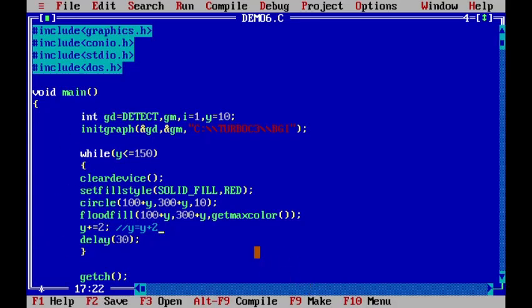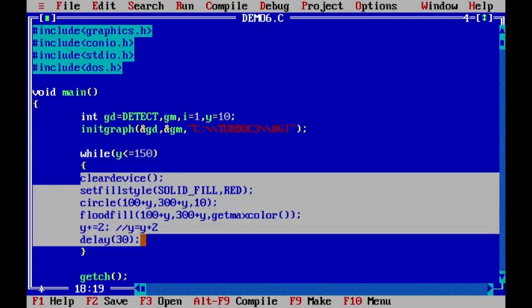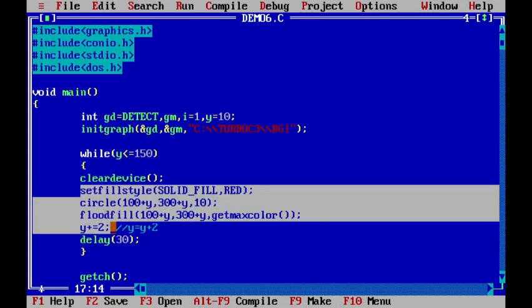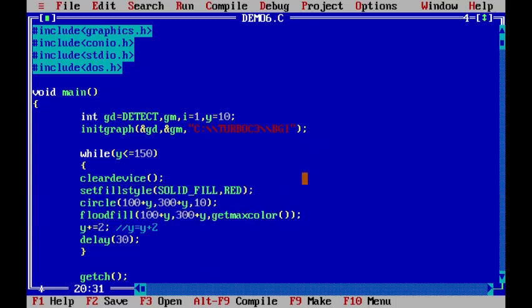Now talking about the clear device method, since this is in a loop, this set of code will be executed every time. If we visualize it, every time a circle will be drawn, followed by another circle and then again a circle. This will not give a proper look of a ball falling. Instead, it will consecutively draw a number of balls.